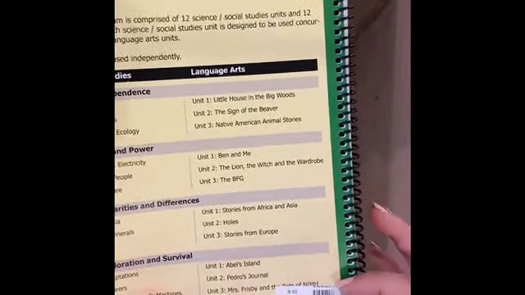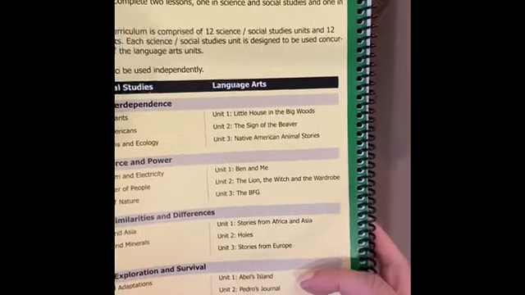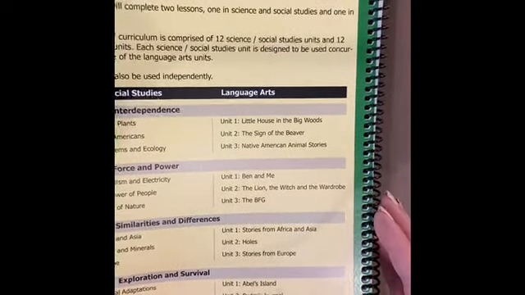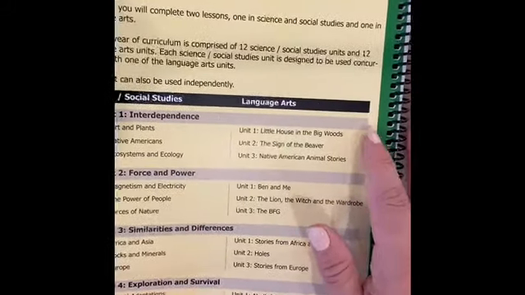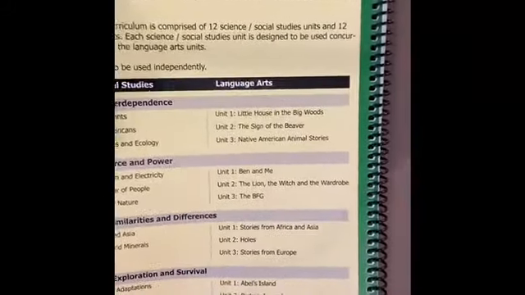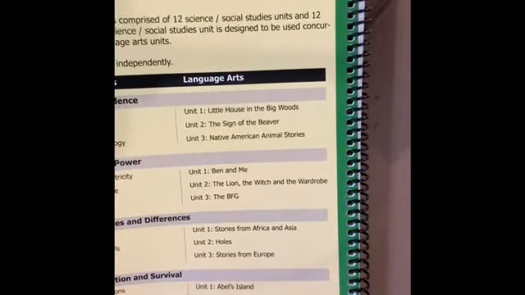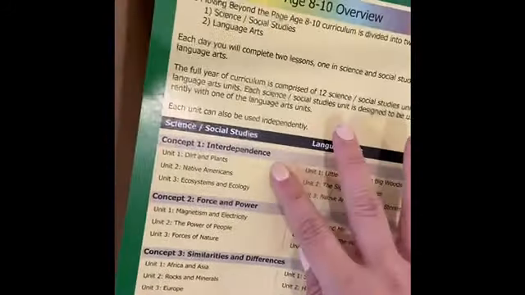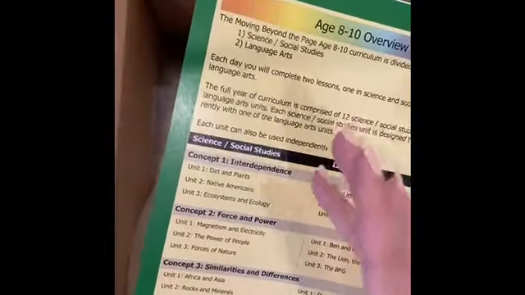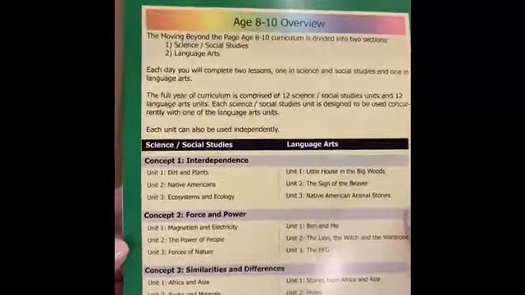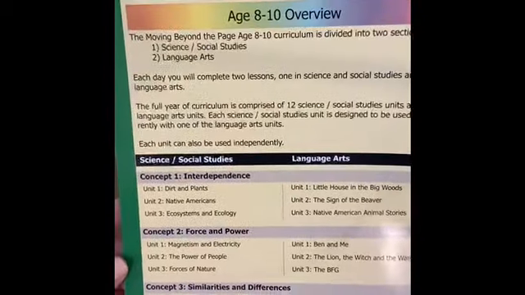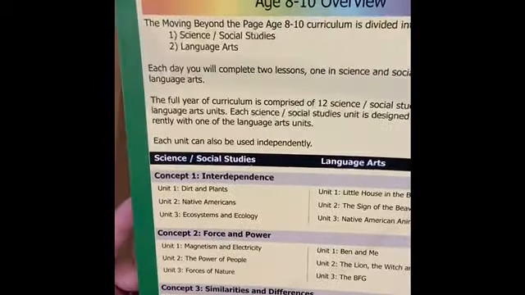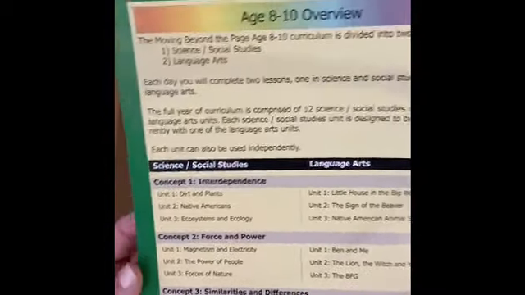So for example, we've read Mrs. Frisbee, we've read Pedro's Journal. I already have Lion Witch in the Wardrobe, and we've been working on Little House in the Big Woods for a while. And I've also got other language arts curriculum from various sources. So I wanted to focus on, I guess I just got a couple of these different concepts. I already had The Power of the People, I think. That was the social studies one I got recently, which I didn't film, but we've been working through that. So anyway,